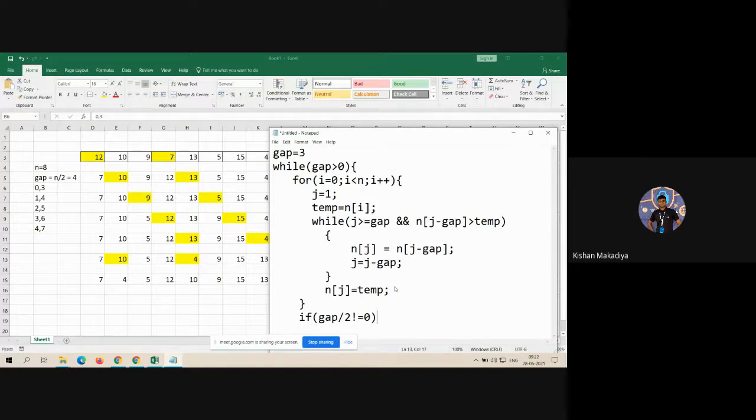While gap is not equal to 0, gap is equal to gap by 2, meaning we have to continue until it becomes 0.